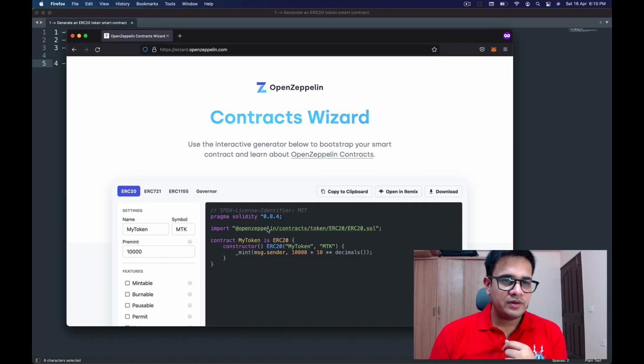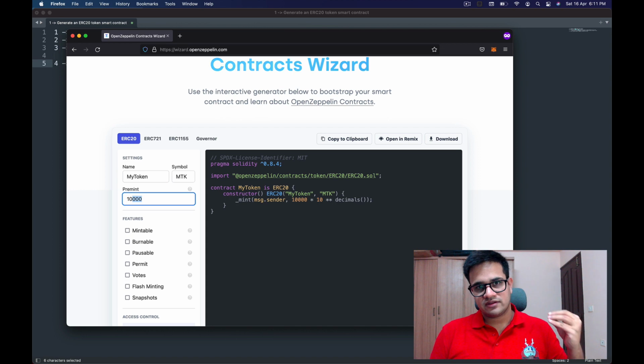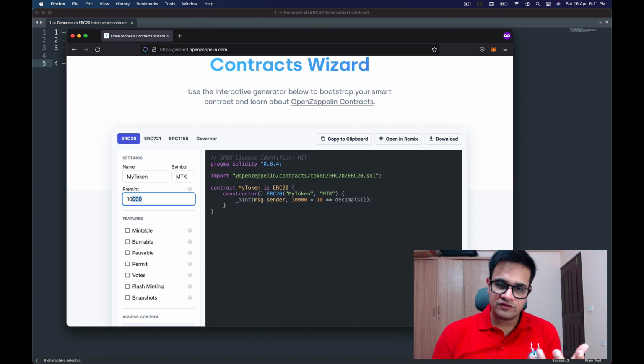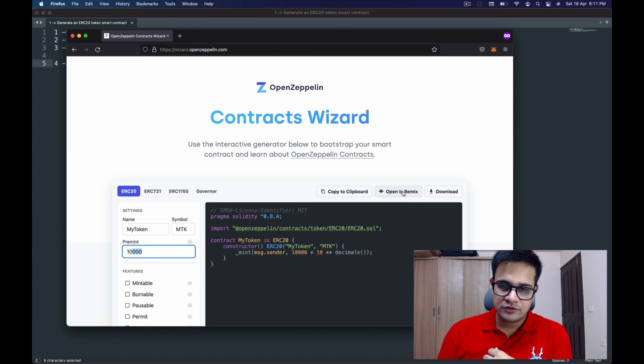Alright, so I've opened wizard.openzeppelin.com and I'm generating an ERC20 smart contract. The pre-mint that I've added is basically 10,000, which means that when the smart contract is deployed, the owner of the smart contract will receive 10,000 of these tokens, with the decimal being, I guess, 18. I don't think I need to change anything else over here, so next thing that I can do is click